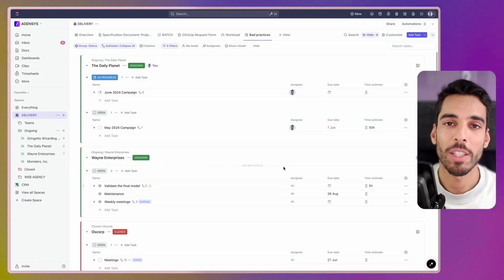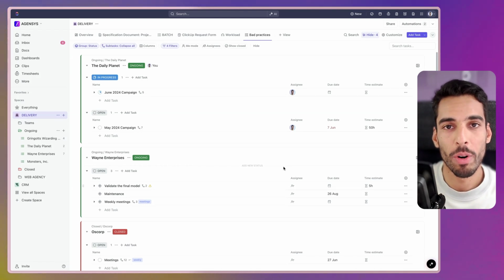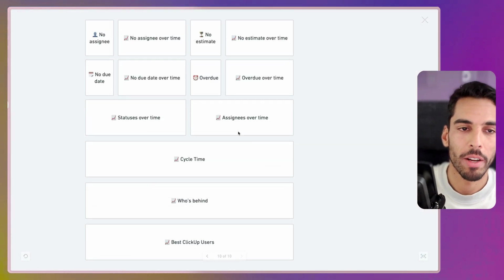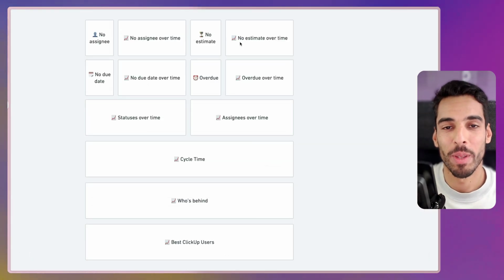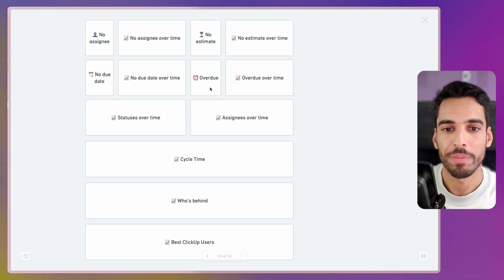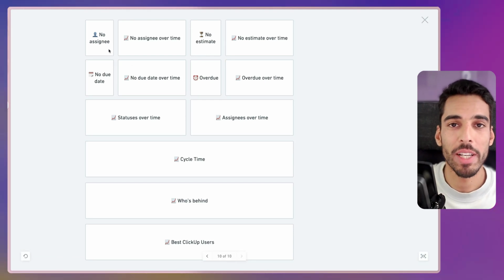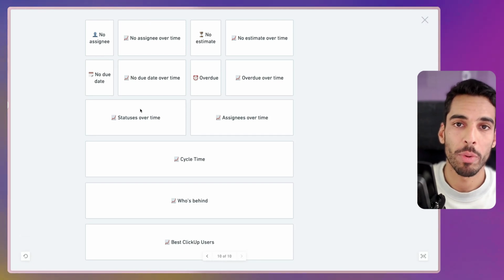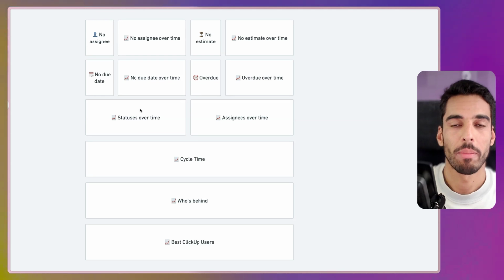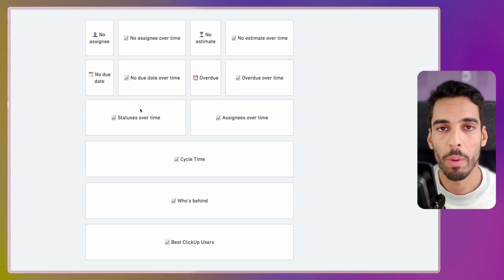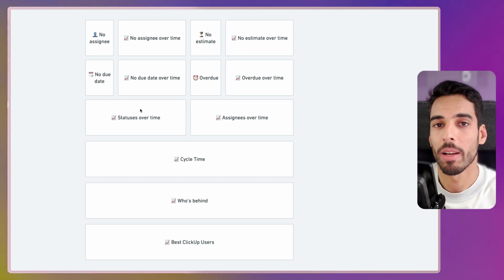And we're going to create a dashboard that tracks these metrics and some more over time. This dashboard is made of a few indicators. The first ones are the ones we've been talking about, the assignee, estimate, due date, and overdue tasks. Now that's great because you can track these metrics and even track them over time. And we want to track a few things more. We want to see the statuses over time because seeing this will let us know if a lot of tasks are being opened up over time compared to the tasks that are being closed.